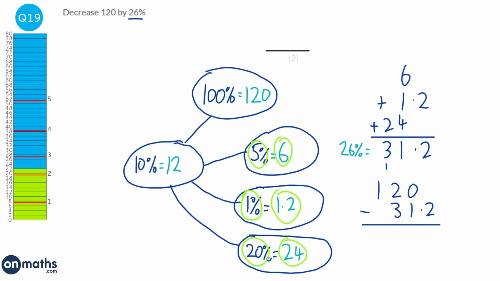So I need to borrow 1 from the 2 to make that a 10, borrow 1 there to make that a 10, and that would be a 9. So 10 take away 2 is 8. 9 take away 1 is 8. And there's a 1 here, so we need to borrow that 1. That's 11 take away 3, which is 8. So our answer is